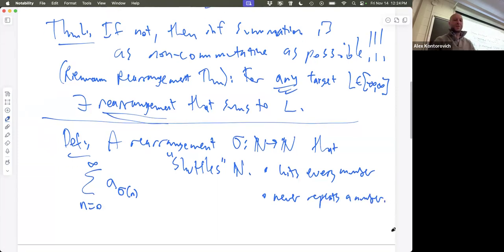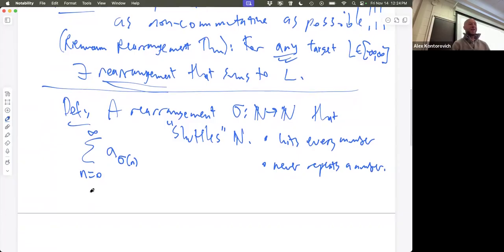Okay, these two concepts make up a rearrangement. They have technical terms. Sean? Is this like a bijection? That's exactly what a bijection is. So another way, what we call a subsequence is usually just called a strictly monotonic sequence. What we call a rearrangement is simply called a bijection.